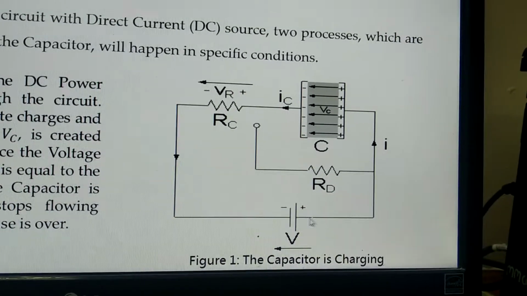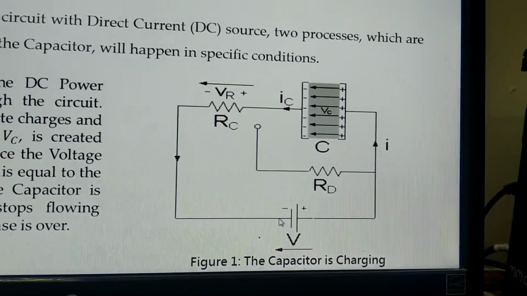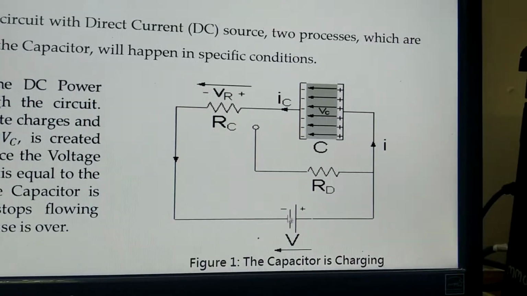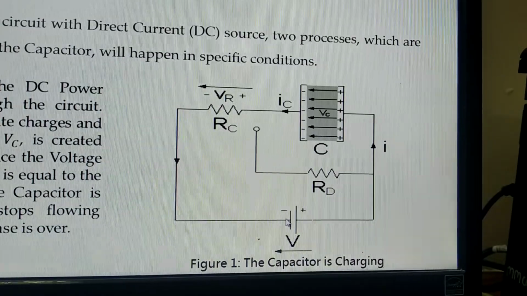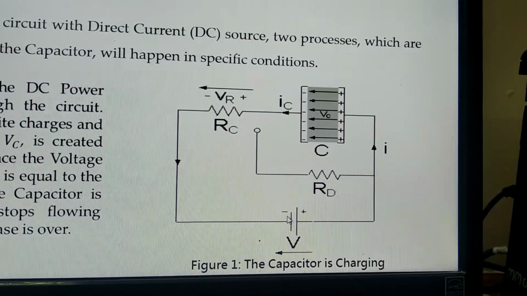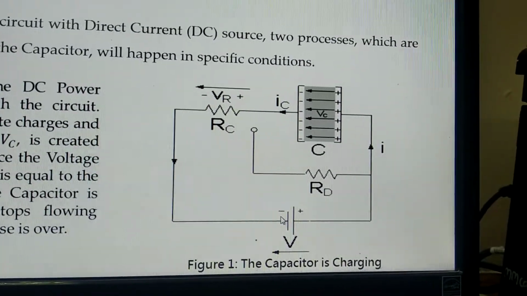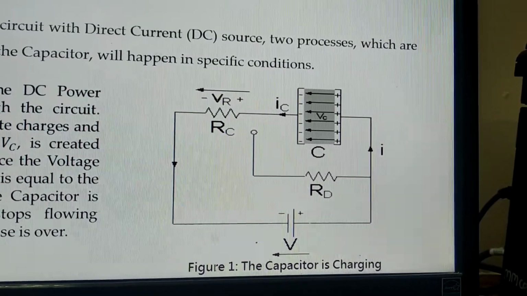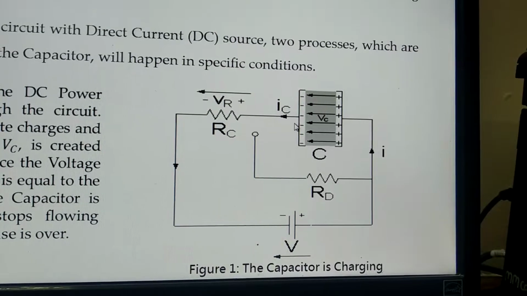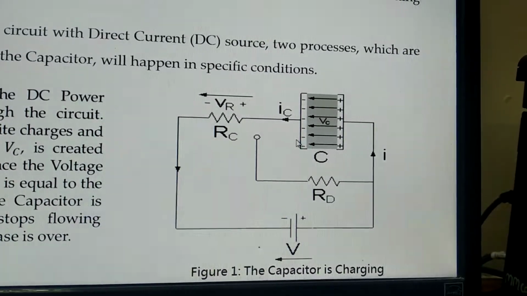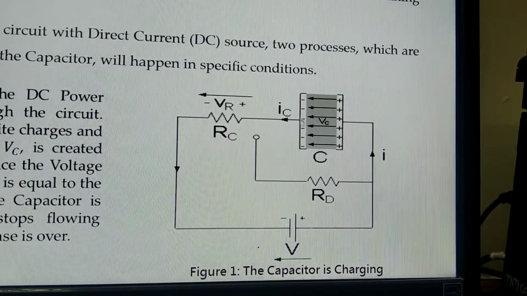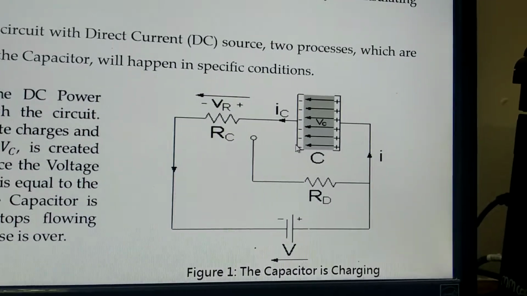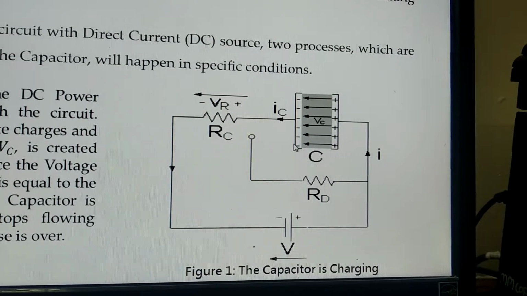Whereas these electrons come here and become available at the negative terminal of the battery. The excess electrons at the negative terminal of the battery are repelled, because we have seen the law that like charges repel each other. So these charges will be thrown away from this plate of the battery to the plate of the capacitor. Here more and more electrons are there, so this plate is more and more negatively charged as time passes. This is called the charging process of a capacitor.